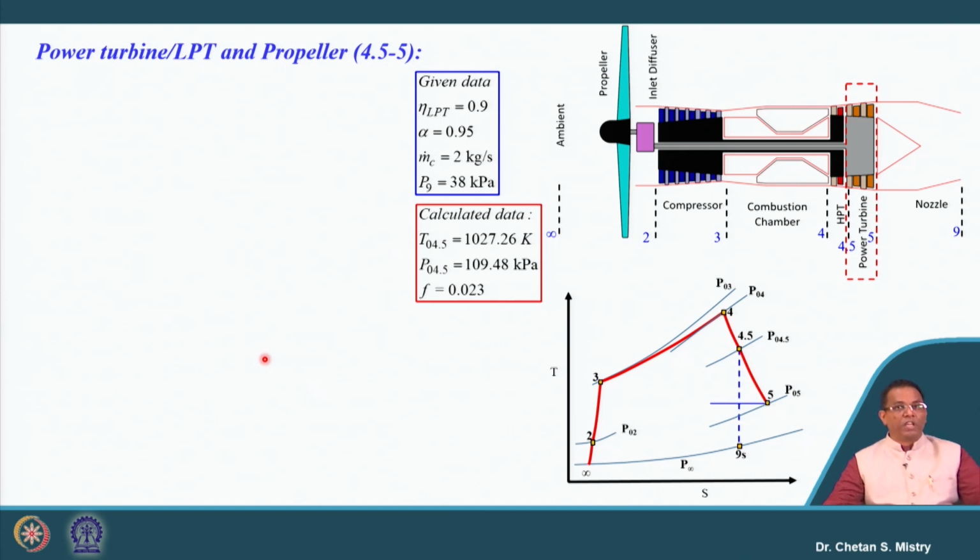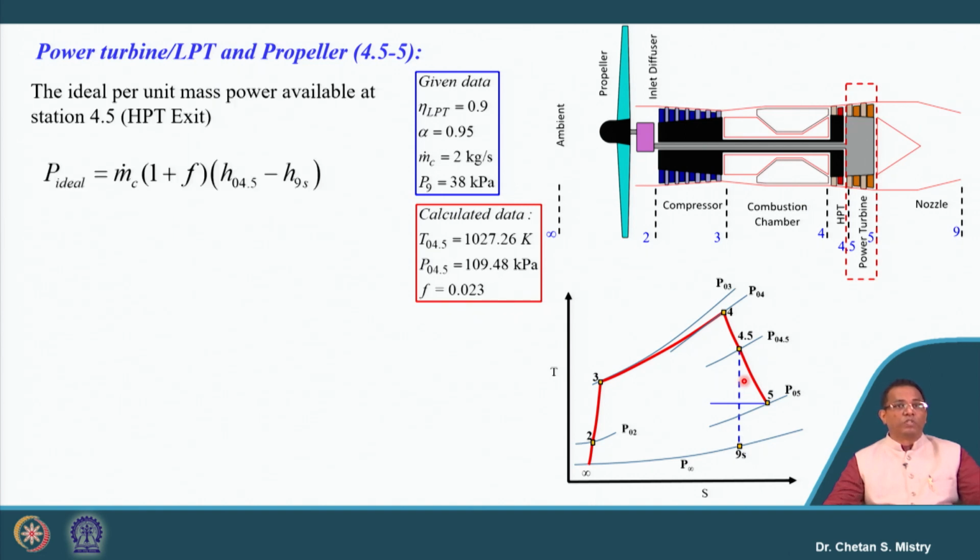Now what is the beauty here? If you look carefully, since we are not having the straight information available, no doubt it is given with say power split factor to us. This power split factor is what is being used for LP turbine as well as for the nozzle. So let's try to write down the value of this power or ideal power. This ideal power we can write down, that is given by m dot core (1 plus F)